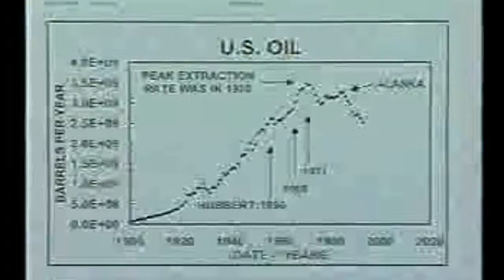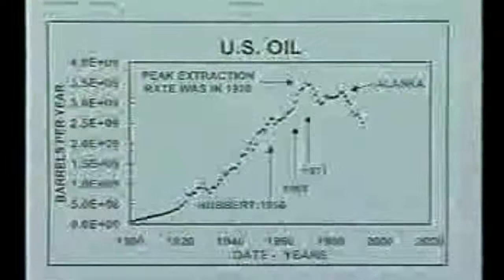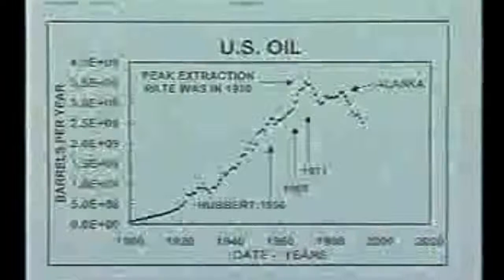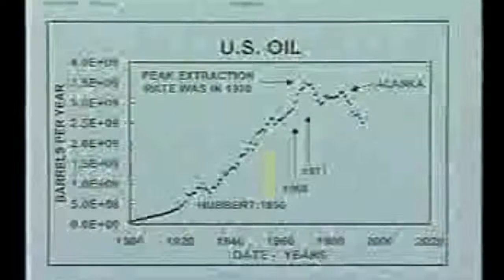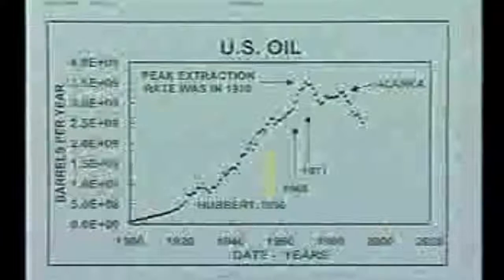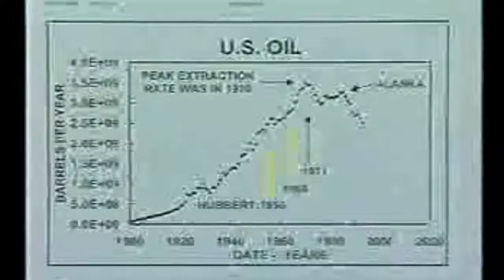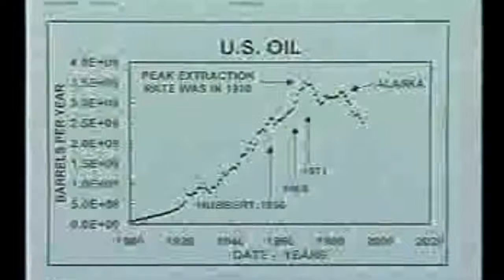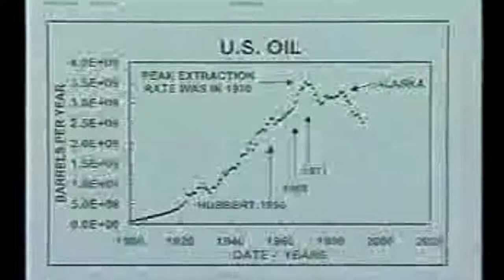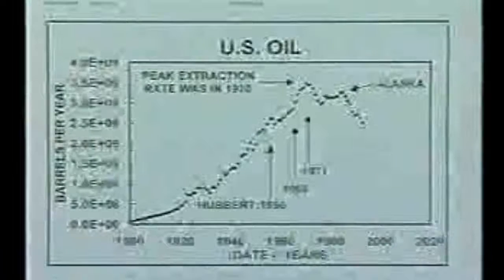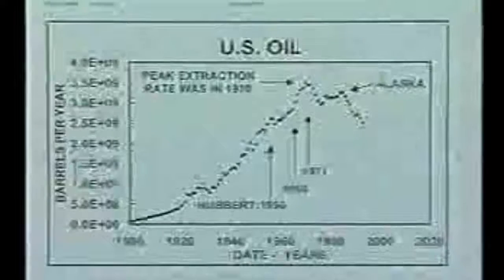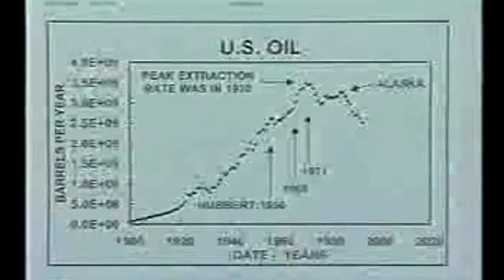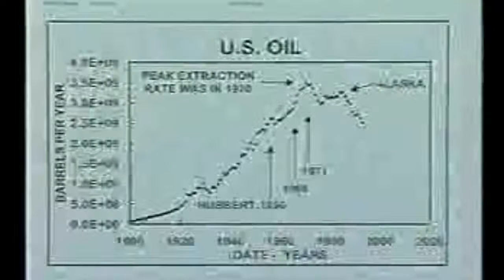The data here are from the Department of Energy. So this is U.S. oil production. We see a long period of approximately steady growth. Here's the year 1956 when Dr. Hubbert did his analysis, and he said at that time that the peak would occur between 1966 and 1971. Well, the peak occurred in 1970. It was followed by a very rapid decline. Then the Alaska pipeline started delivering its first oil, and there was a partial recovery. That production has now peaked, and everything's going downhill in unison.